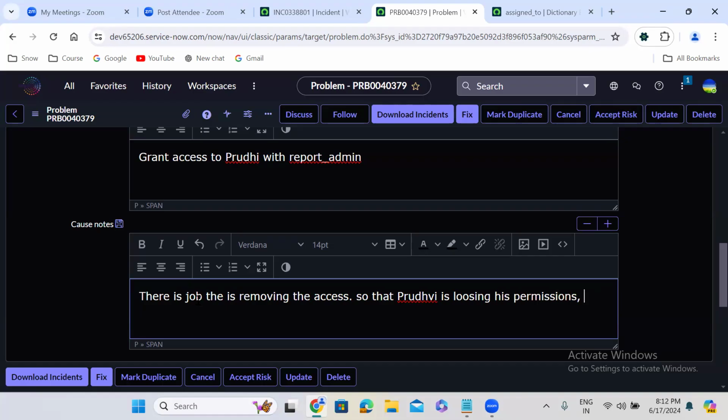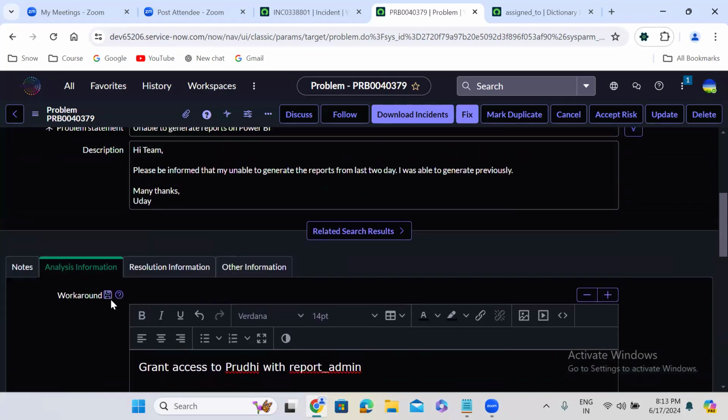As Prithvi is losing permissions, he is not able to generate the reports. So this is the cause that Alex has found.